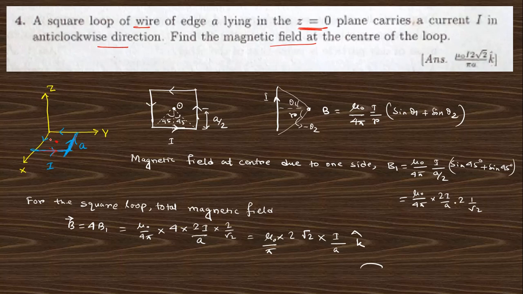For that direction, the same rule applies: take your right hand with the thumb along the current direction, and the four fingers curl in the direction of rotation, and you get the direction of the magnetic field. So for both, the magnetic field will be upward, so the total magnetic field will be added up, and this direction will be z cap. So we need to find it for a single wire.